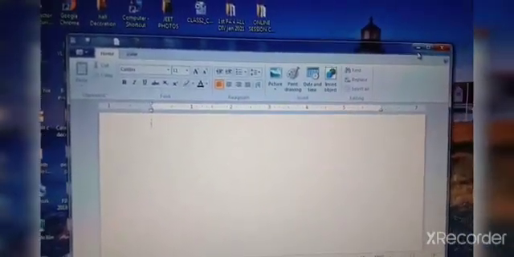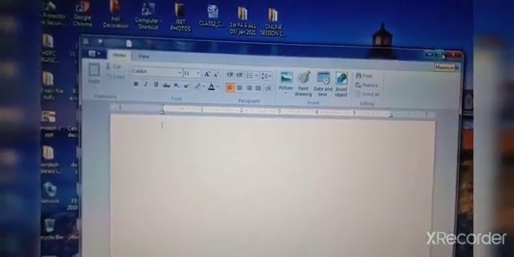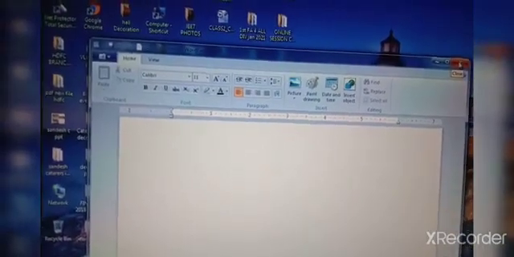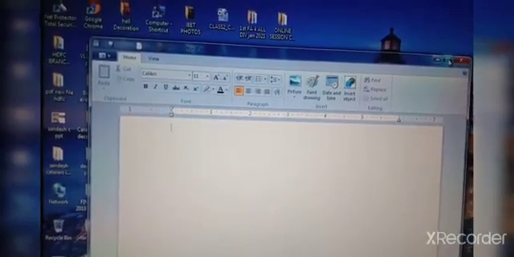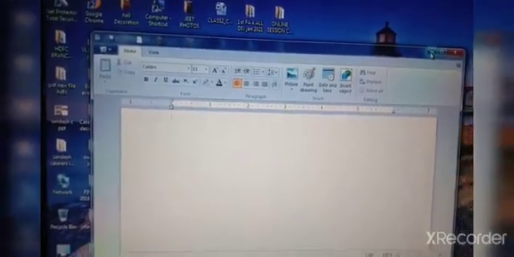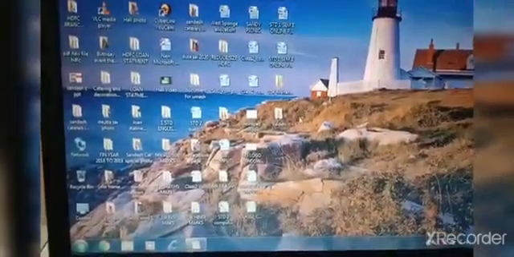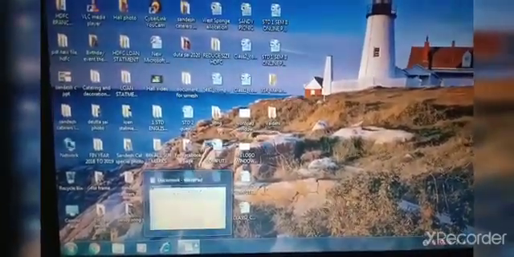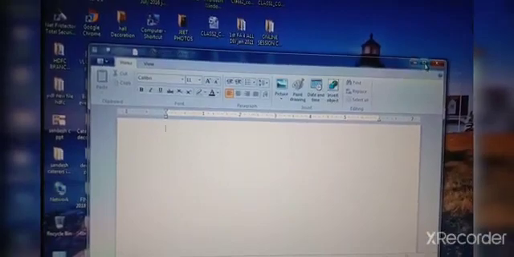And now at the right hand side corner you can see these three buttons here. This is minimize, maximize, and this is the close button. These are three buttons to close the window, to maximize the window, and to minimize. When you click this minimize, the WordPad will go to the task bar. See here, the task bar. It will go to the task bar. Now again click here. You can see this window. And now click on the maximize button.